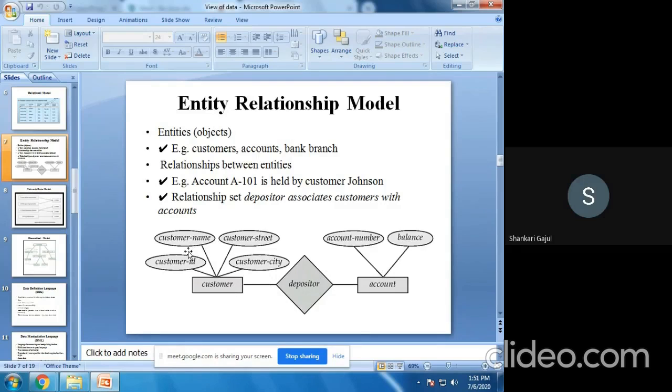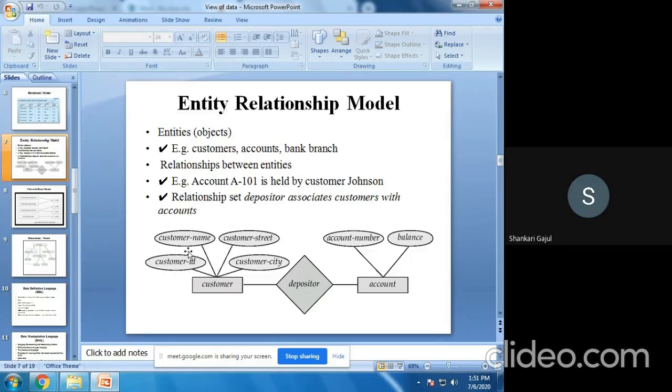So this model is about the entity relationship model. An entity is simply a particular thing or object which is different from other things. Suppose I take the entity customer, this is one object. Customer ABC should be different from customer XYZ. In this case, the ABC customer and the XYZ customer are two objects or entities.